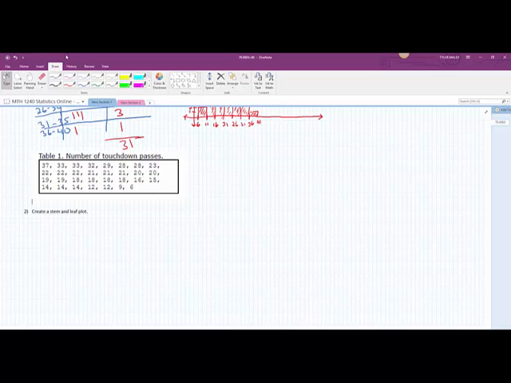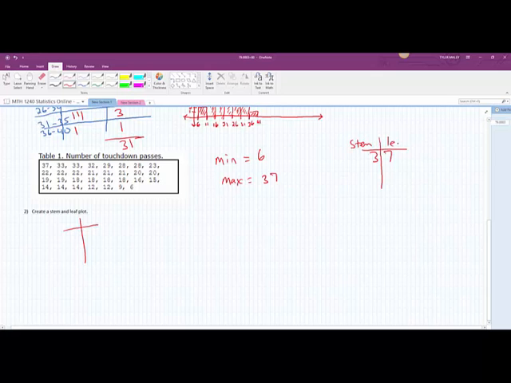All right, so I just want to make a note of the min and max that we looked at before. Remember, my minimum value was 6 and my maximum value was 37. When I create a stem and leaf plot, we have to separate our numbers. For example, let's look at the number 37. I split my numbers: this is referred to as the stem, and this is referred to as the leaf. So the tens value becomes the stem, and the ones value becomes the leaf. That's what we want to do for all of our data values. So here's stem and leaf,